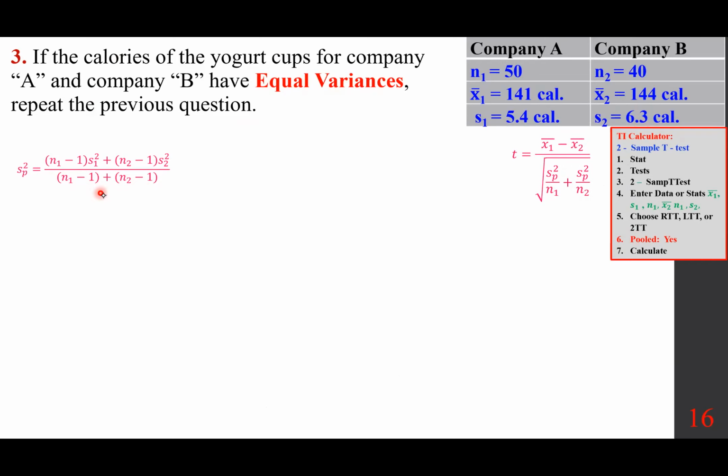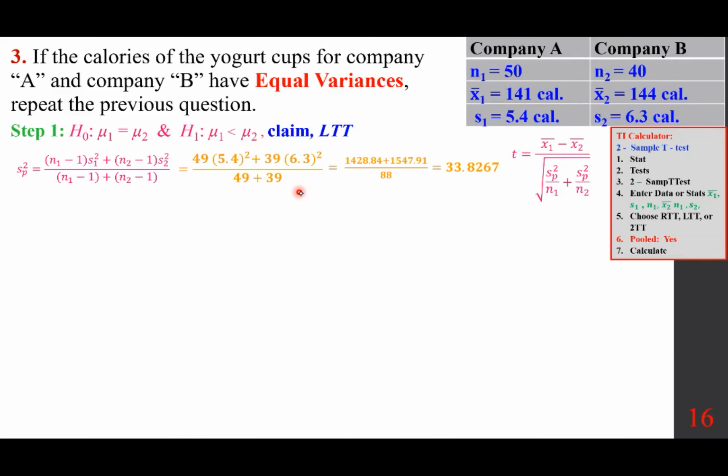So you calculate this with the first step being the same as before, identical. This is being repeated. And we need to calculate this to get to the test statistic. Let's plug in. I can't emphasize the importance of writing this information, so it makes life easier when you want to calculate things. Plug in, it gives you s sub p squared. So when you go to this formula, this doesn't have to get squared, it is already squared. So plug it in, calculate